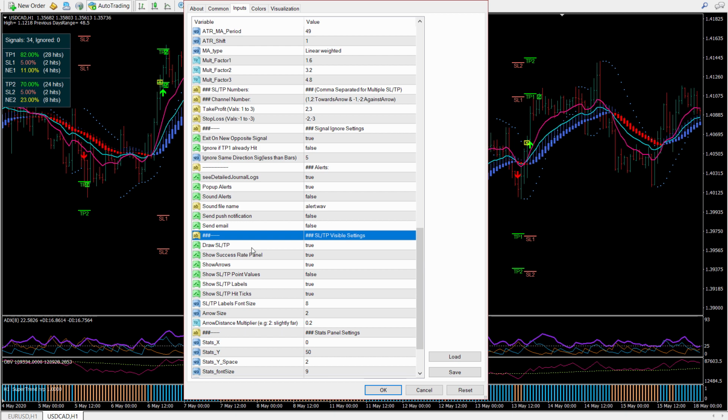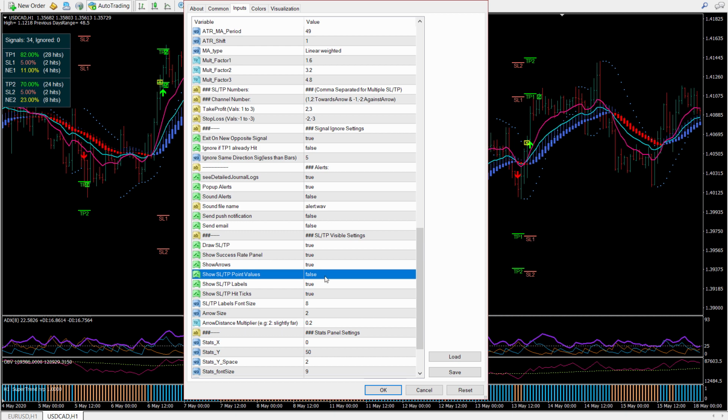And these next few settings are about the visibility of different elements on the screen. They are just to make sure that your chart doesn't get too cluttered. So if you want these stop loss take profit lines to be drawn, keep this to true. Most of these are true by default, and if you want this success rate panel to be shown or hidden, whether you want these arrows to be visible, and if you want point values, so if you set this to true, you will get point values in brackets besides these take profit and stop loss lines, but that just makes it overlap a lot.